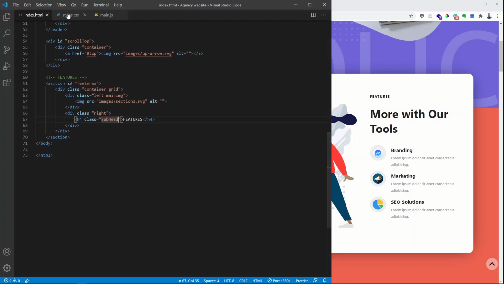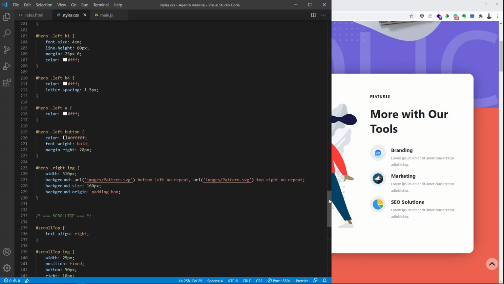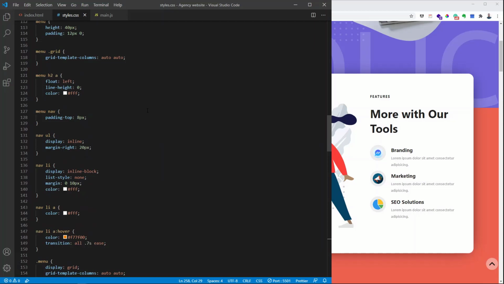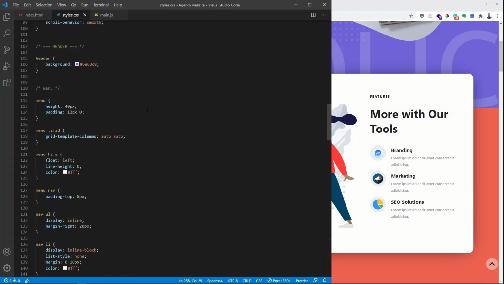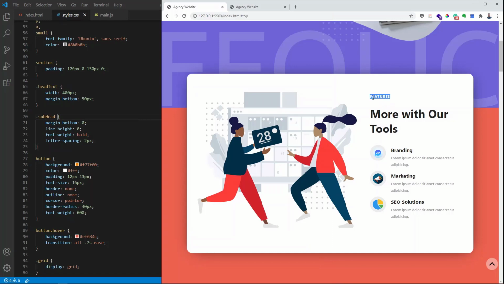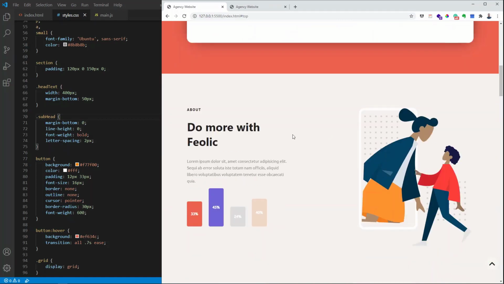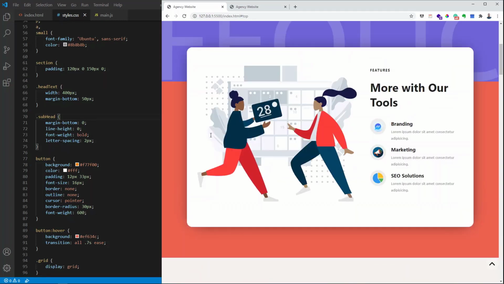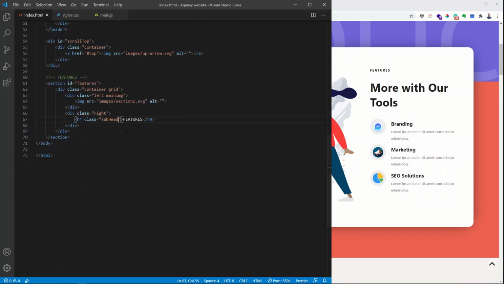Subhead. You remember we included that class in our CSS in the global section. Let me go up. This is the subhead, and we also have the head text. So this is the subhead, and this is the head text. So now, let me go back to the HTML. Now I want to write the head text,